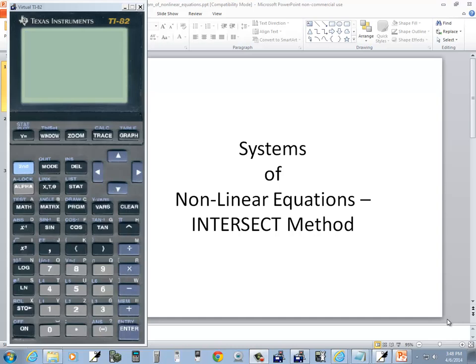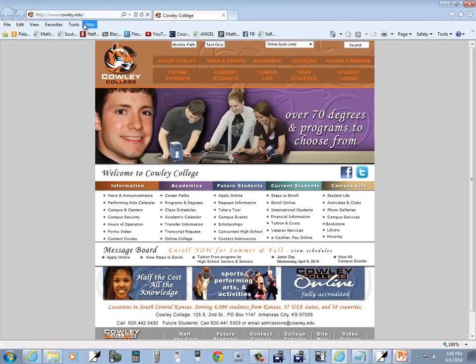Let's take a look at solving systems of nonlinear equations. Now this is going to be with the TI-82 calculator, and my website